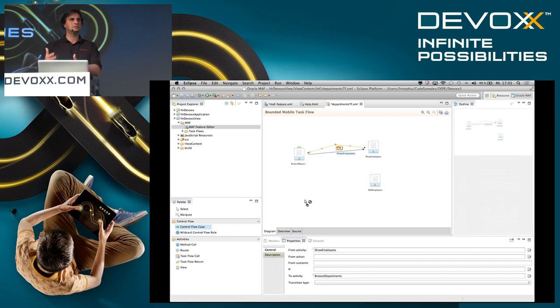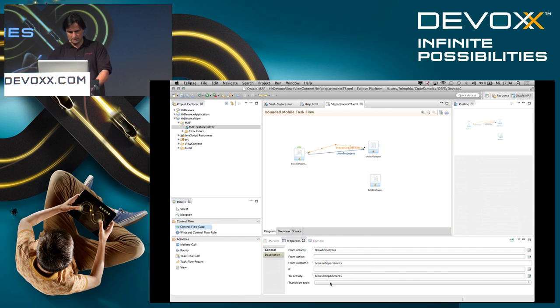That is, the framework at runtime will remember where you're coming from. Because if you use this wildcard flow and you come to the browse departments page and you just want to go back to where you came from, how would you do that? If this navigation case is shared, how would you get back? So we remember that. Anyway, just to make it very apparent here, browse departments,